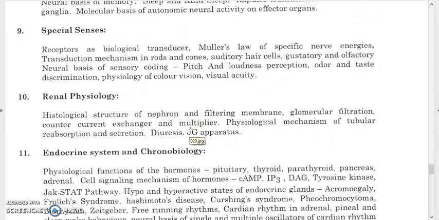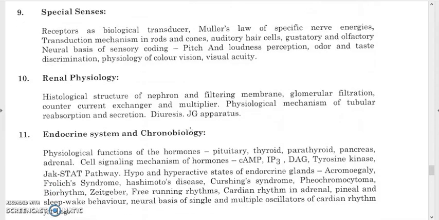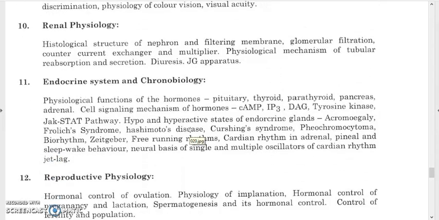Renal physiology, you have to study here, how kidney functions, glomerular filtration, countercurrent multiplier mechanism, different roles of nephrons, how the structure of different parts of the nephrons, mechanism of tubular reabsorption and secretion, diuresis and juxtaglomerular apparatus, how JGA occurs, endocrine system and chronobiology, that is physiological functions of hormones, pituitary, thyroid, parathyroid, pancreas, adrenal, cell signaling mechanisms of